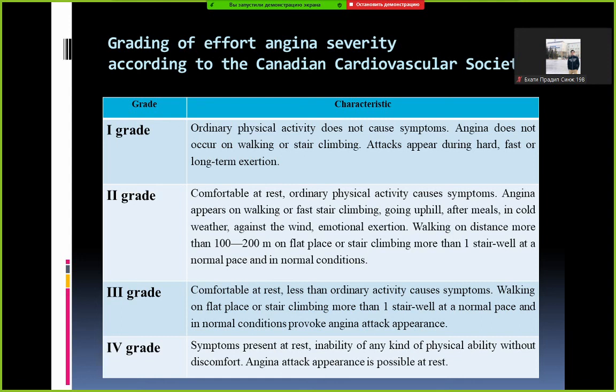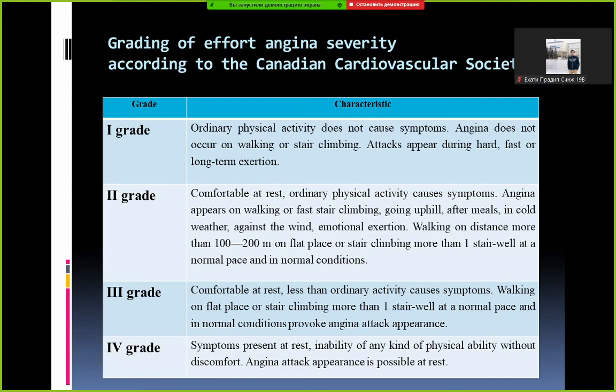The second grade: comfortable at rest, ordinary physical activity causes symptoms. Angina appears on walking or fast stair climbing, going uphill, after meals, in cold weather, against the wind, and emotional exertion. Walking a distance of more than 100-200 meters on flat place or stair climbing more than one stair will